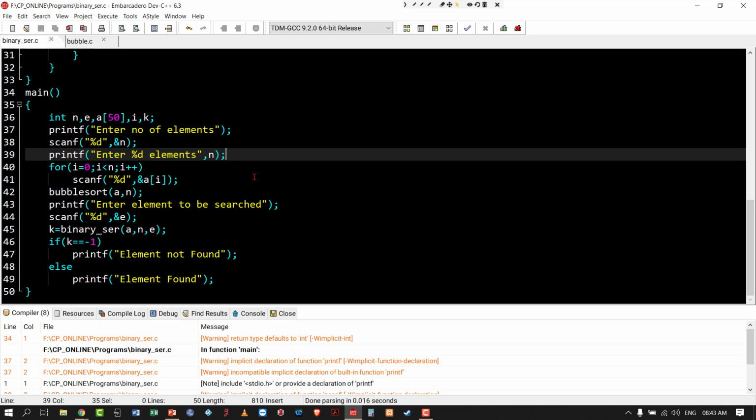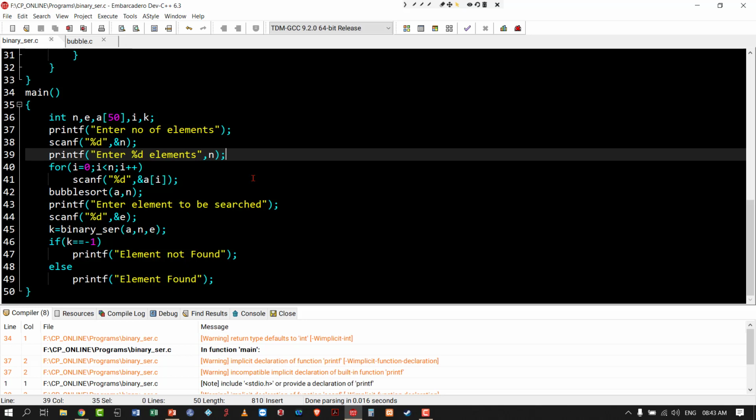So what Varada is asking is, she wants to know the position of the element. Earlier 33 was successful, and she wants to know how to print that position. When we enter some values, the elements are not sorted.